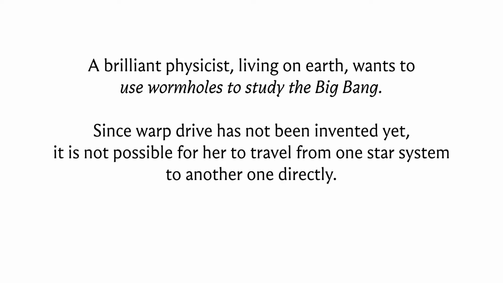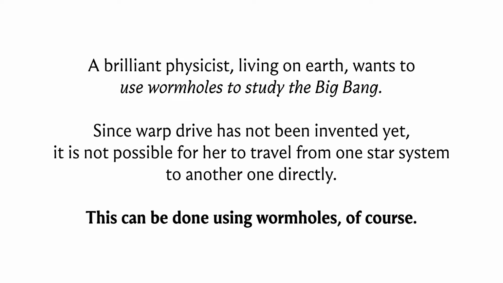So we are told that advanced means of transportation have not been invented yet, so you cannot simply go from any star system to any other star system directly, but you can use these wormholes to find your way around. And this, of course, falls in line nicely with all the graph modeling that we have been doing in parallel. So transportation between star systems seems to manifest naturally as paths in our graph. But with all that said, we still don't know what we are looking for, so let's continue reading the problem